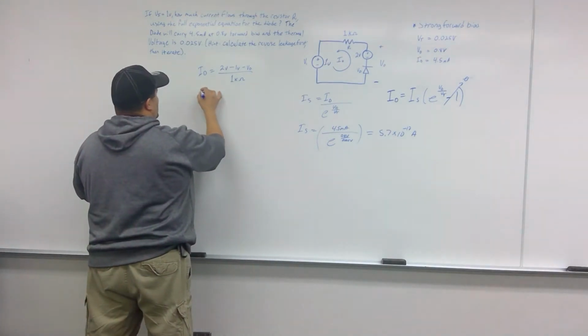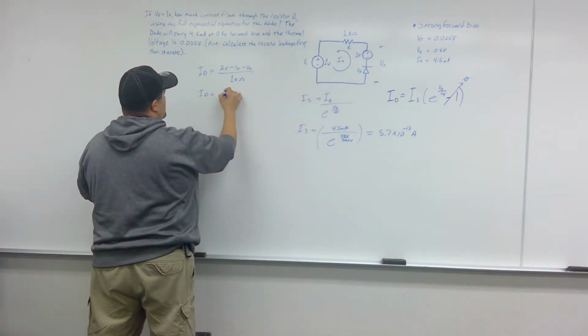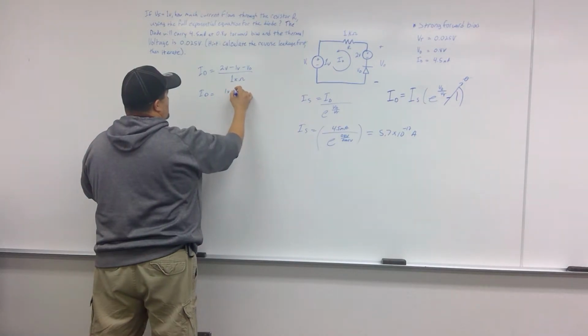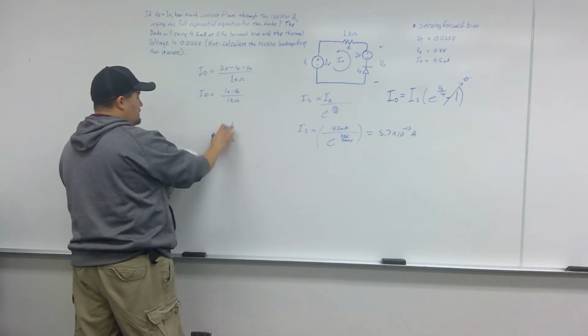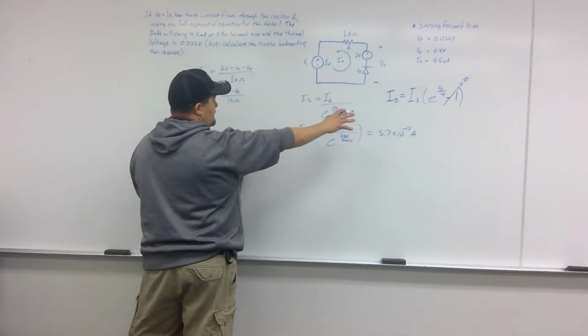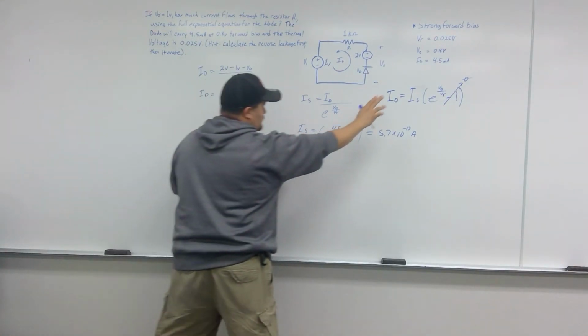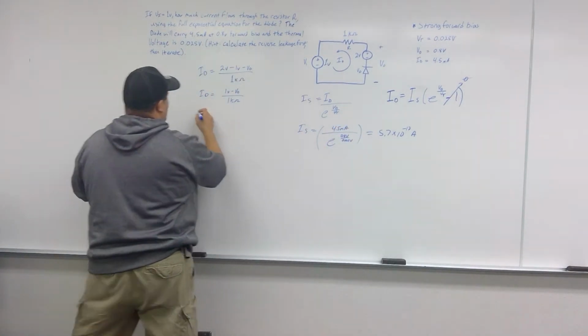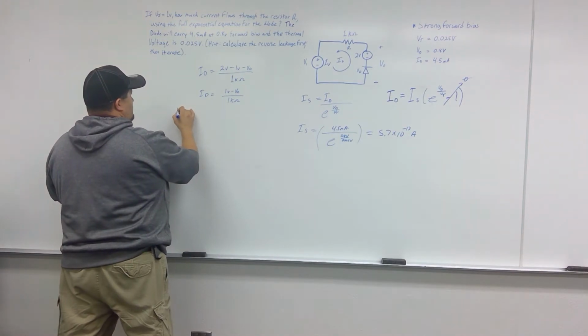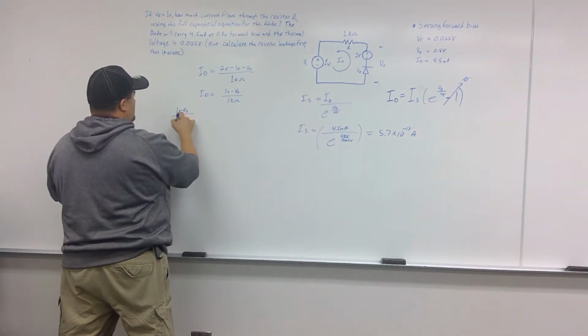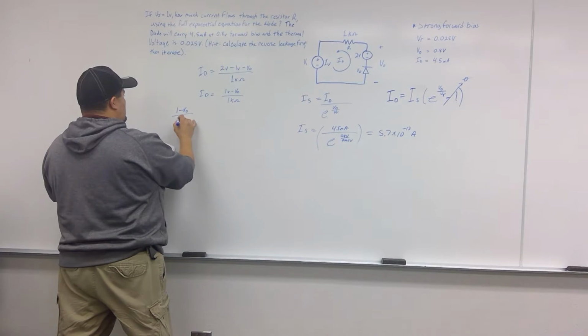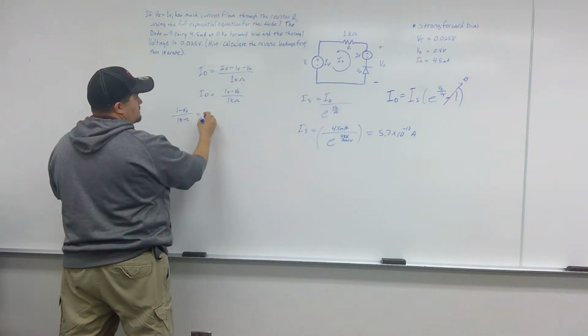Working this out, we get that ID is equal to 1 volt minus VD over 1K ohm. So now we got this ID, and we can set them equal to each other so we can try to work out the VD. So 1 minus VD over 1K ohms is equal to